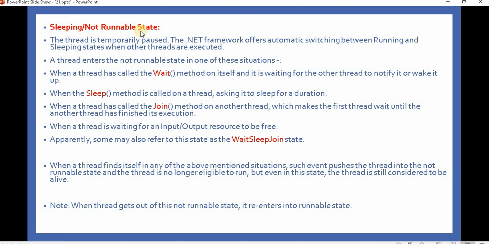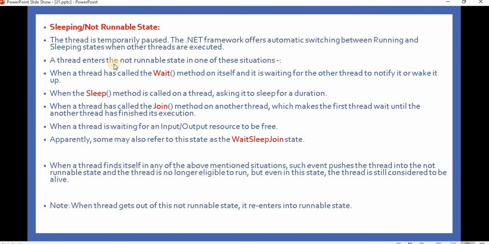Now what is the sleeping or not runnable state? For example, we have a thread and we want to put that thread in sleep mode. We have a method called Sleep, so that we can do. The thread is temporarily paused when we call the Sleep method. The .NET Framework automatically switches between the running and sleeping states when other threads are executed.